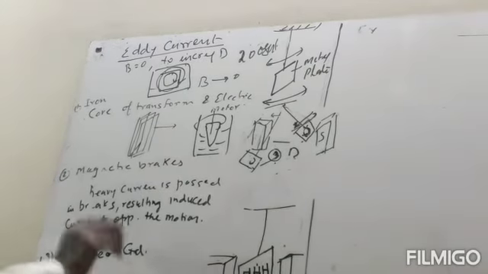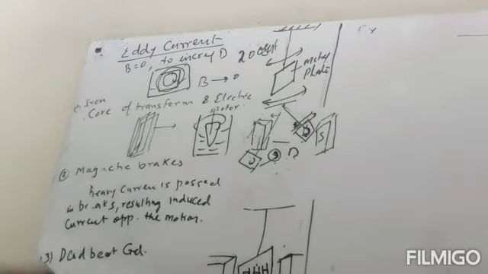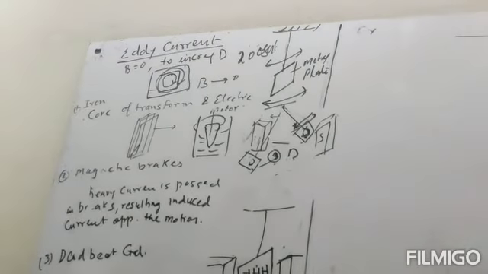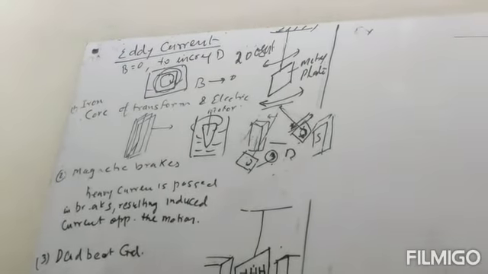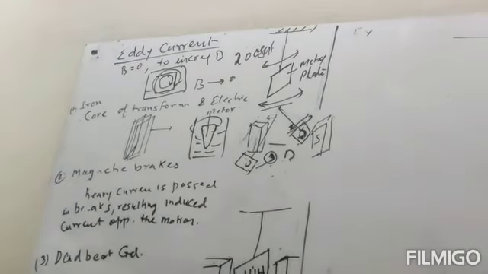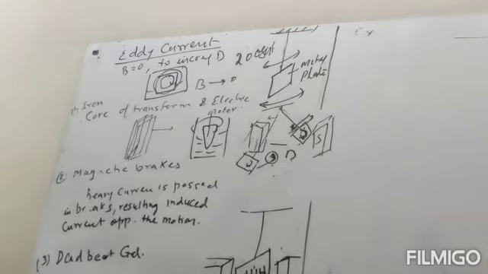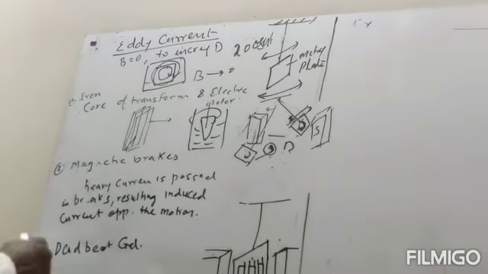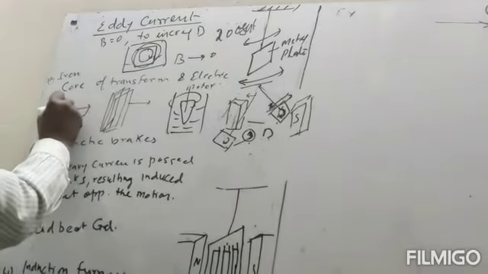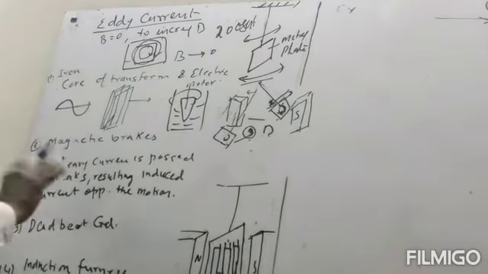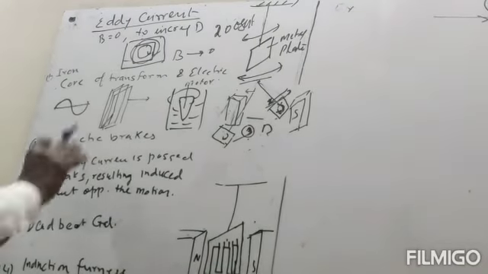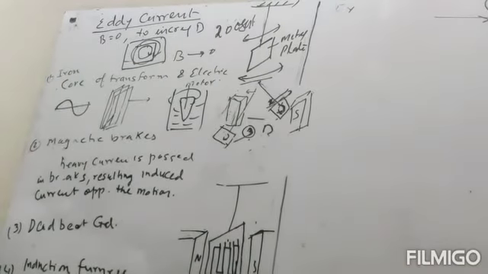Now what are the uses, and how is the eddy current used in different circuits? Suppose we take the core of a transformer. In a transformer we use AC current, and in AC the magnitude of current changes. So the magnetic flux is changing, and the magnetic field will be changing. So